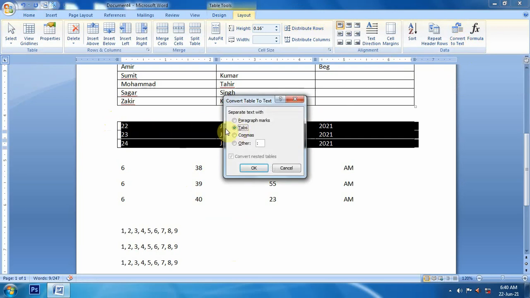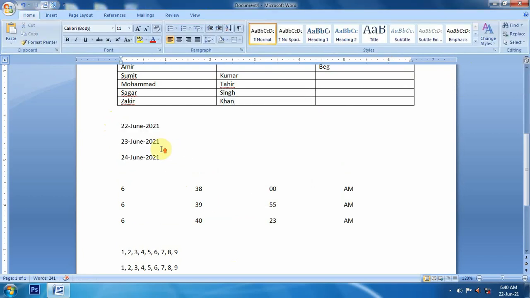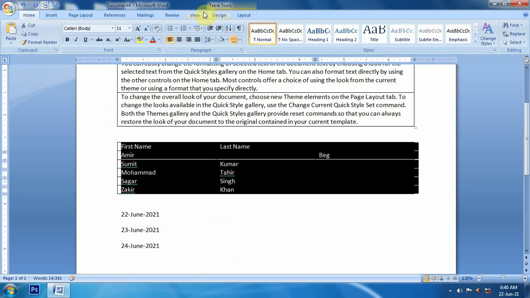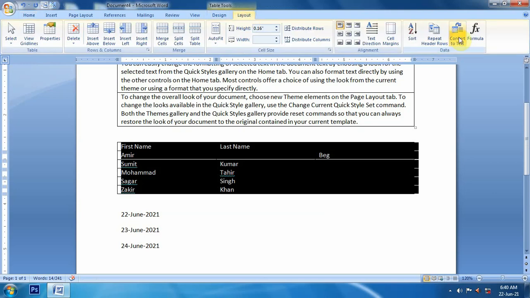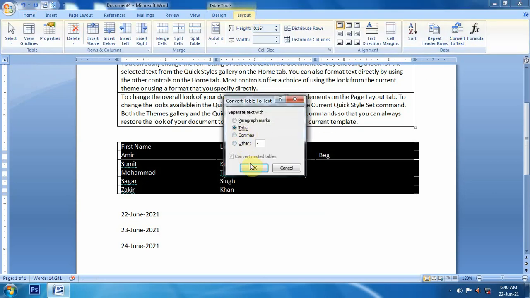Like I'm saying, based on this hyphen symbol, convert them to their previous condition. So all these settings we can do from here.